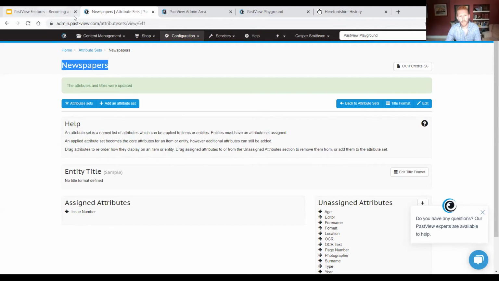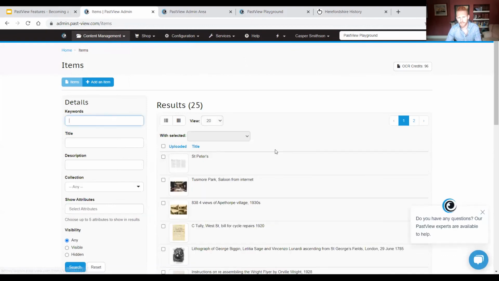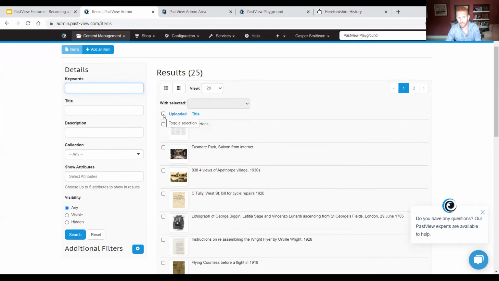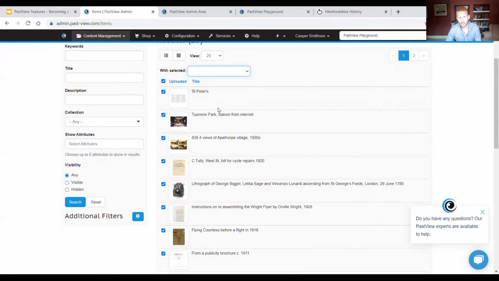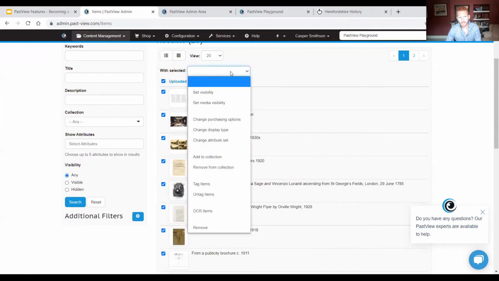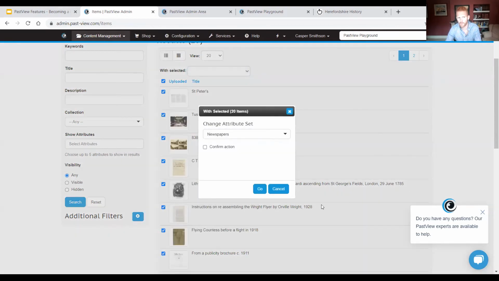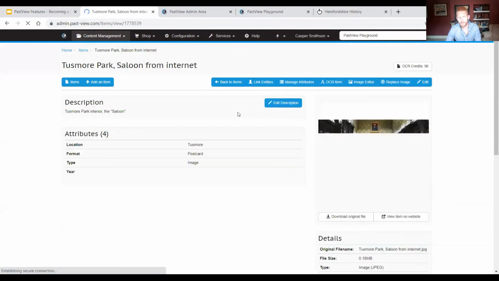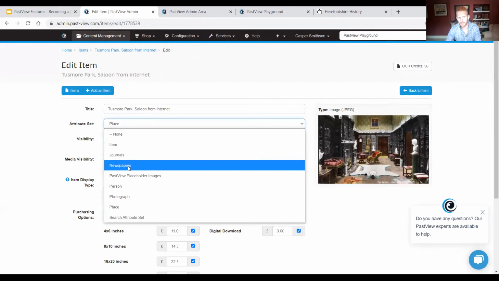If we have a quick look at that in terms of the items here, you can either multiple select and using the drop down manage the attribute set that they link to. So if you want to do that en masse, we can assign all of these to the newspaper attribute set, or you can potentially go into them individually and edit these to assign it to the correct attribute set